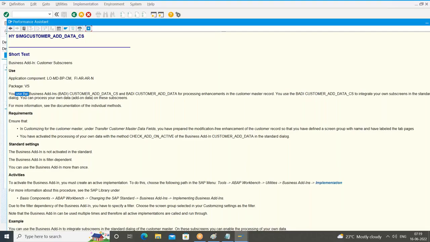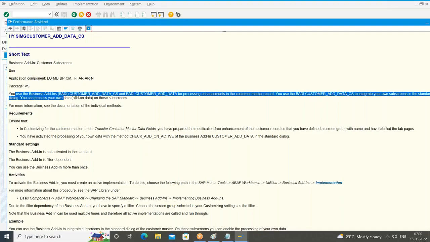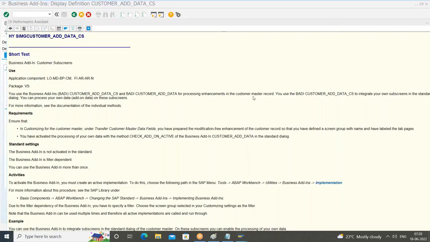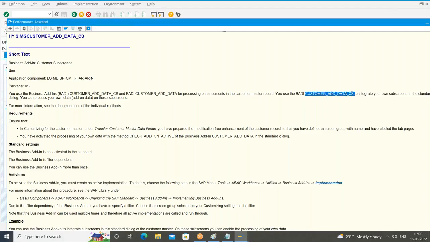You use the BADI customer at data CS and customer at data. It is saying both. You use the BADI customer at data CS and customer at data for processing enhancements in the customer master record, nothing but XD01. You use the BADI customer at data CS to integrate your own subscreens,